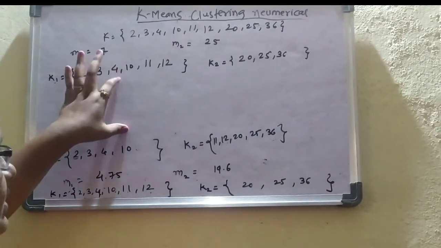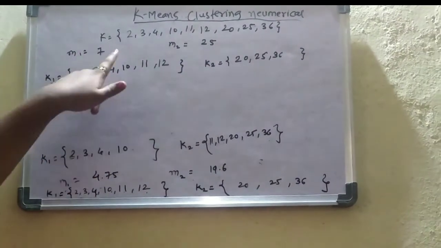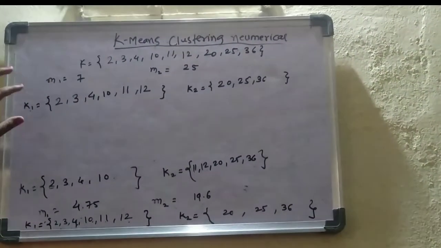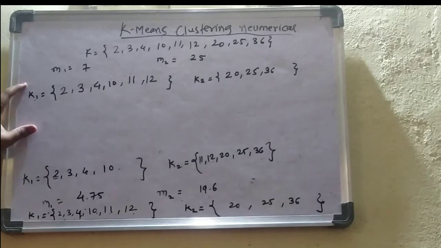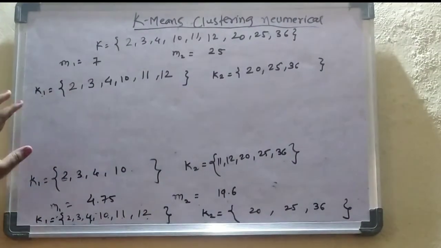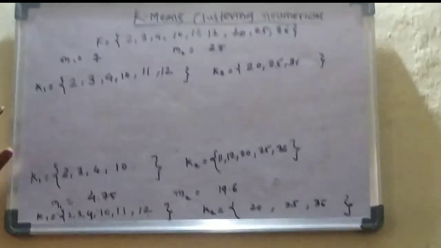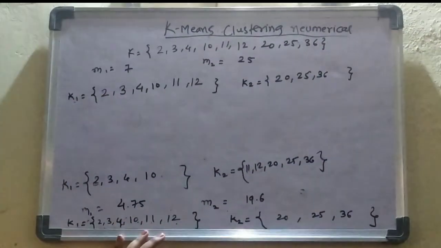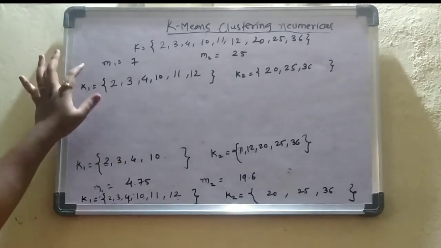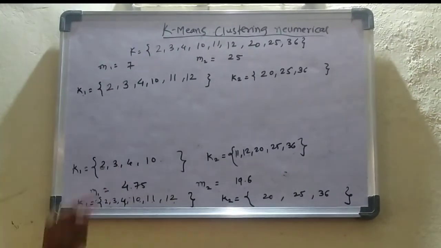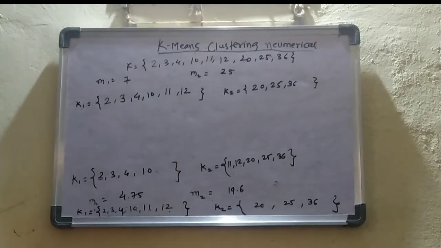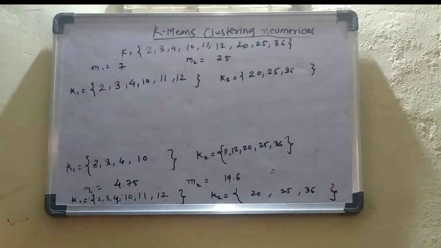So this is the k-means clustering algorithm, where by using the data points and the mean values, you divide the data points into clusters, and at this stop we end the numerical. I hope everyone is clear on how to solve the numerical using the mean value concept. The formula we used for the calculation was the Euclidean method. What is the Euclidean formula? I have already covered it in a video, and I will give the link in the description.